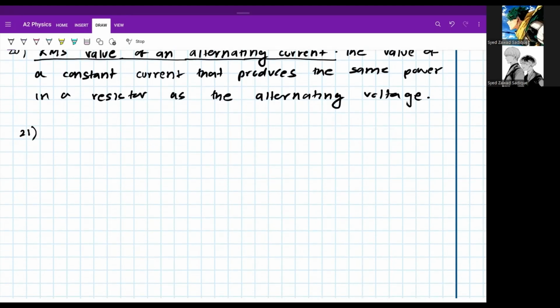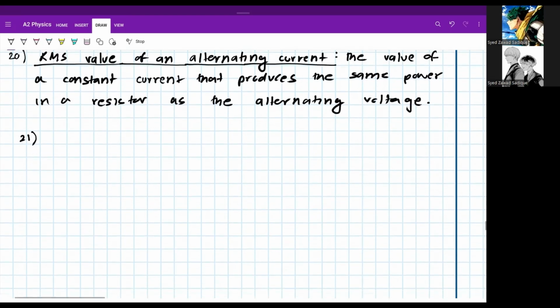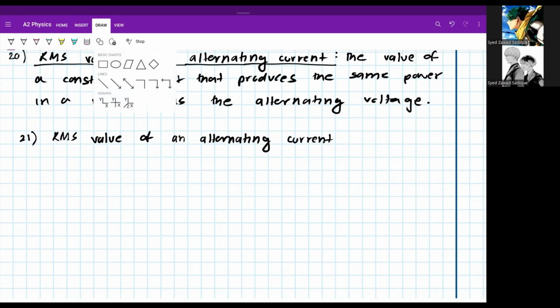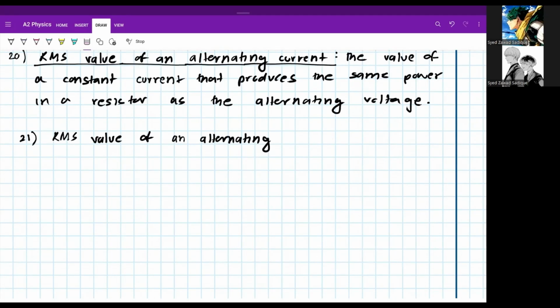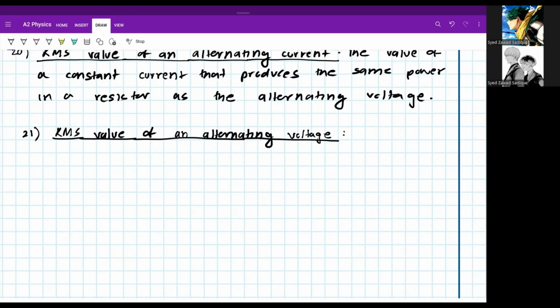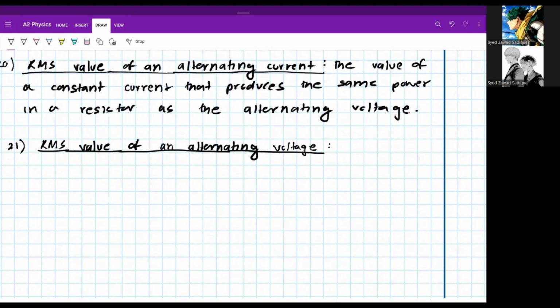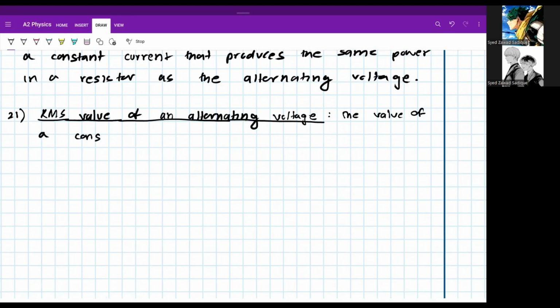21 is RMS value of an alternating current. Sorry, of an alternating voltage. This is literally the same definition, but we change current to voltage. So we basically write the same thing, the value of a constant